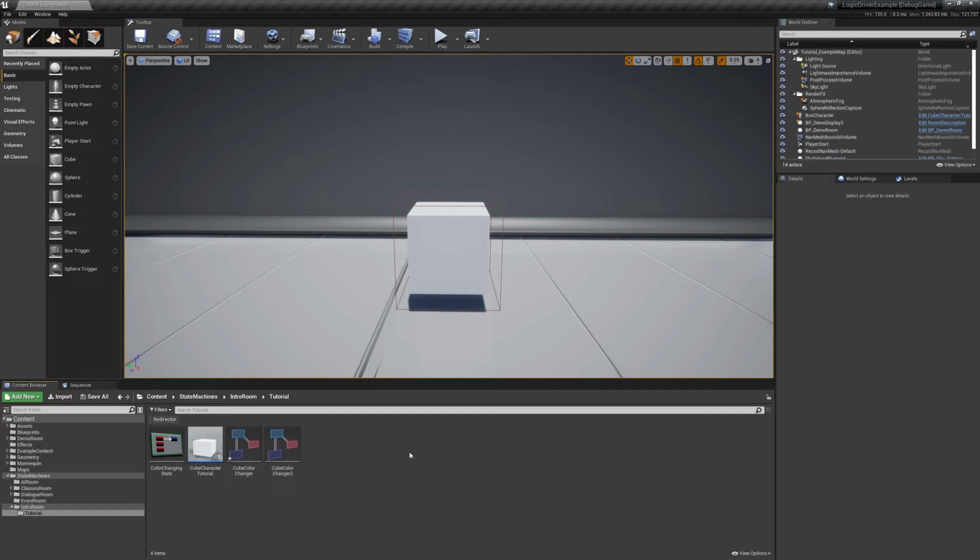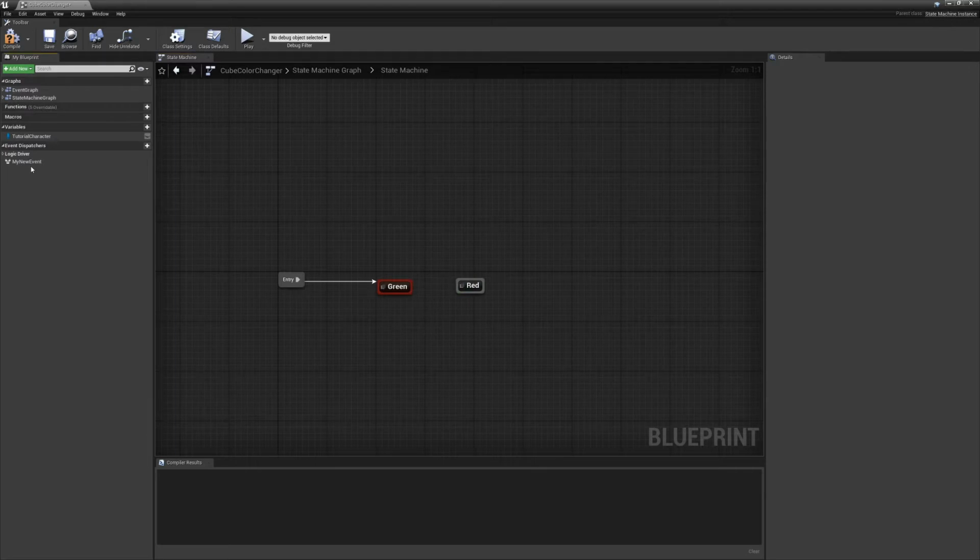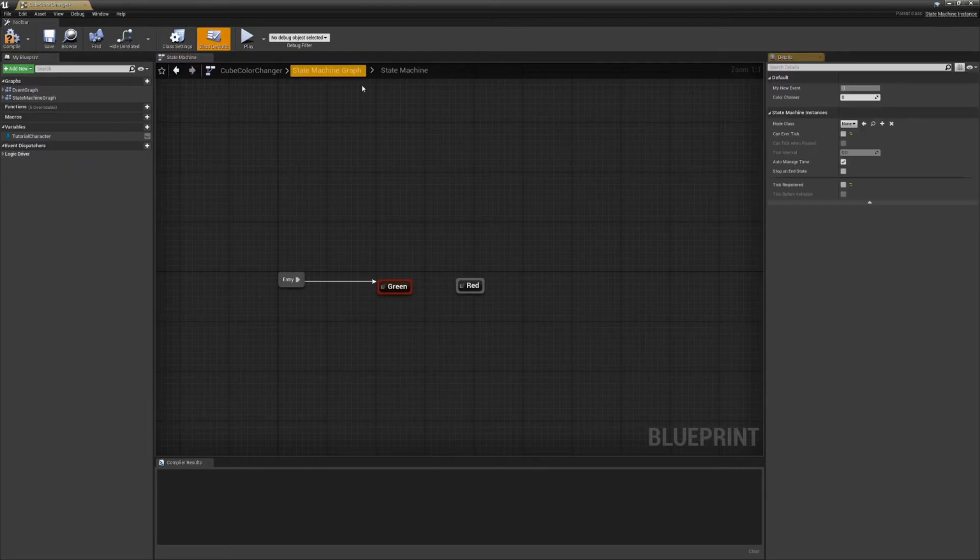This tutorial is going to briefly cover conduits and what they are and how they're used. So going directly off of the transition tutorial where we went from green to red, we're just going to go ahead and swap this out and use a conduit in its place. So we can just go ahead and delete the old transitions, the old event dispatcher, and then make sure that